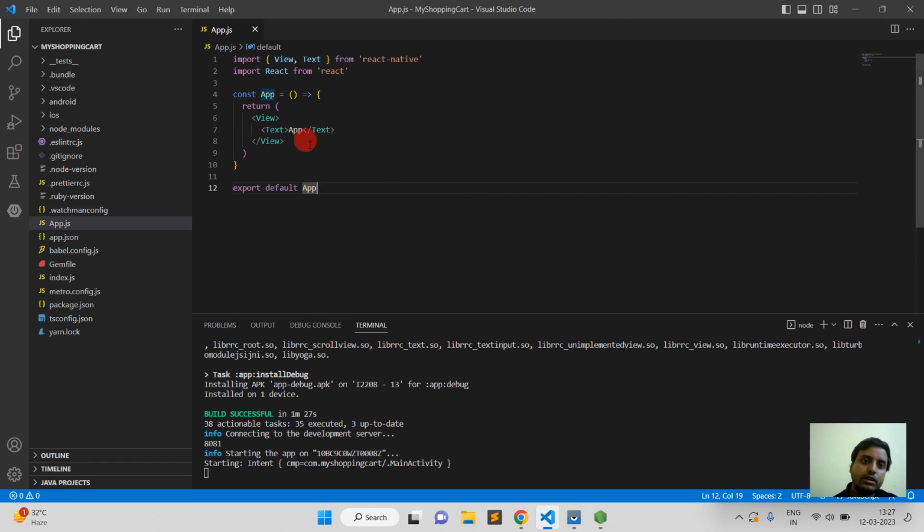So this is the empty project which we have created in React Native. Okay, so now I'm going to create one folder, the src folder. We will put all the components and all things inside this folder. Okay, and